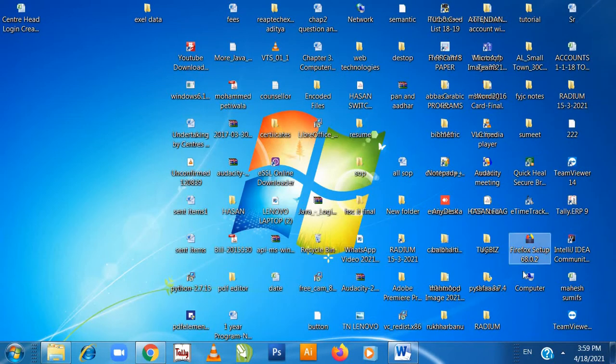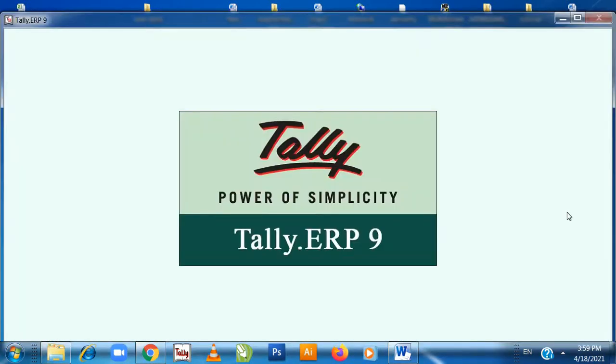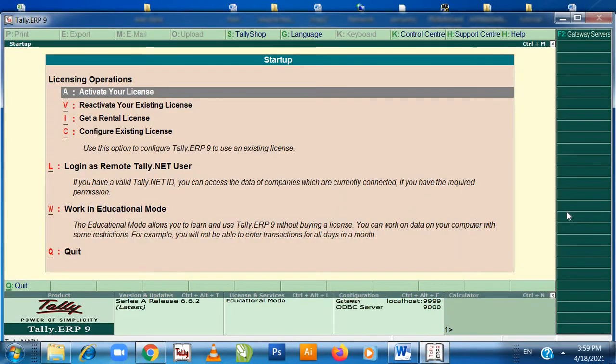I'm opening the Tally software. We need to create a company in the name of Messrs Bitwise Trading Company